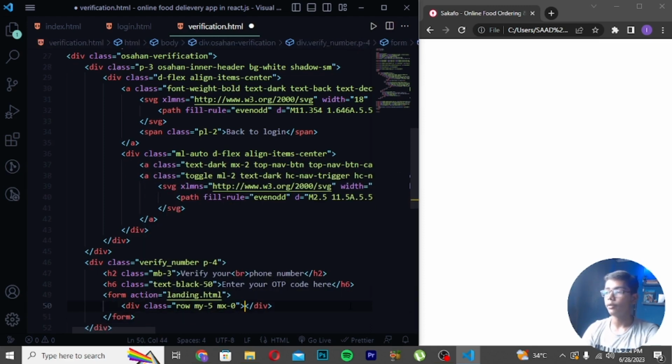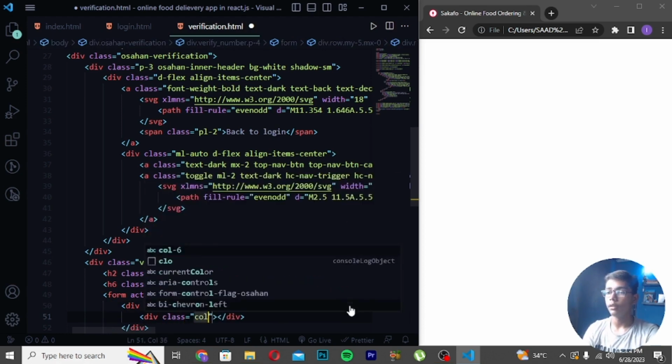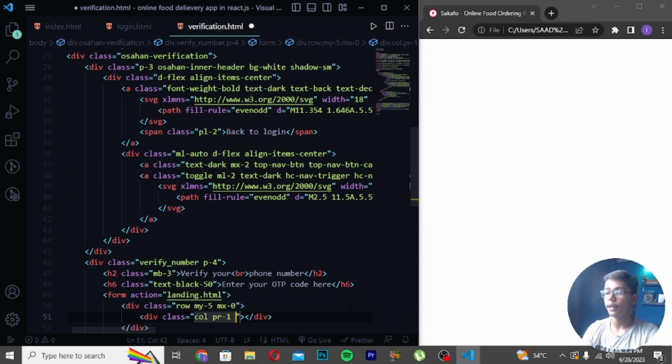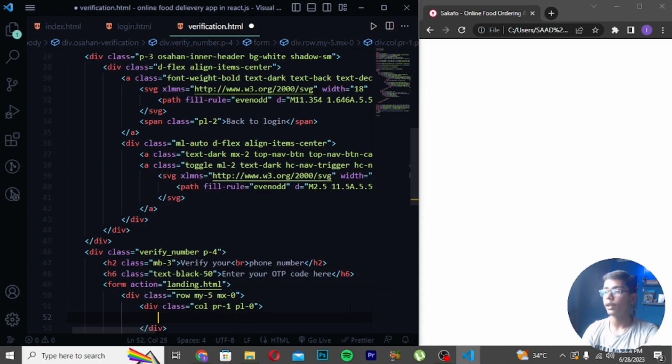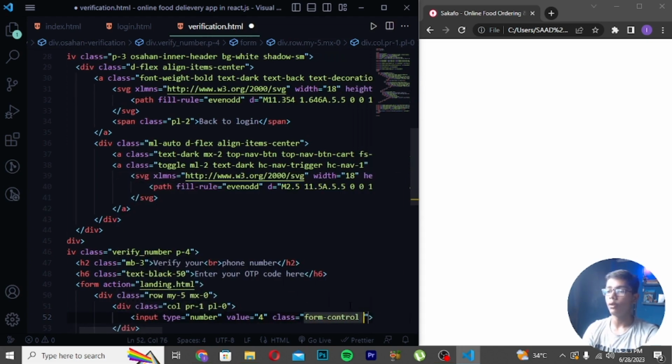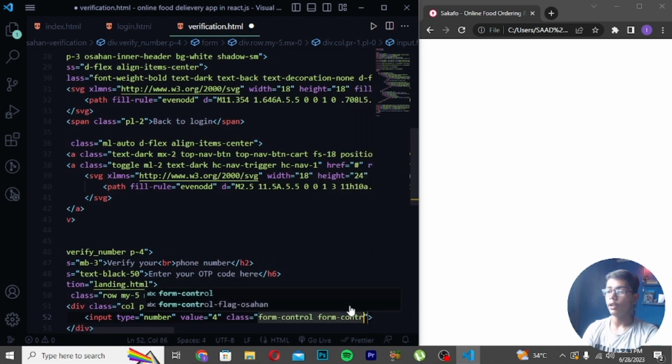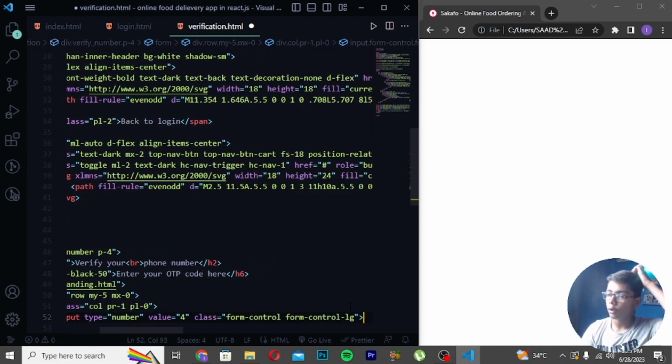Then when you've written this, you have to now move down and write here div class and write here all pr. Then I will be writing here 1pl0. Then I will be now moving down, write here input type number. Then I will be writing here value code. Write here class form-control and write here form-control-lg. Then when you've written this, you have to now directly